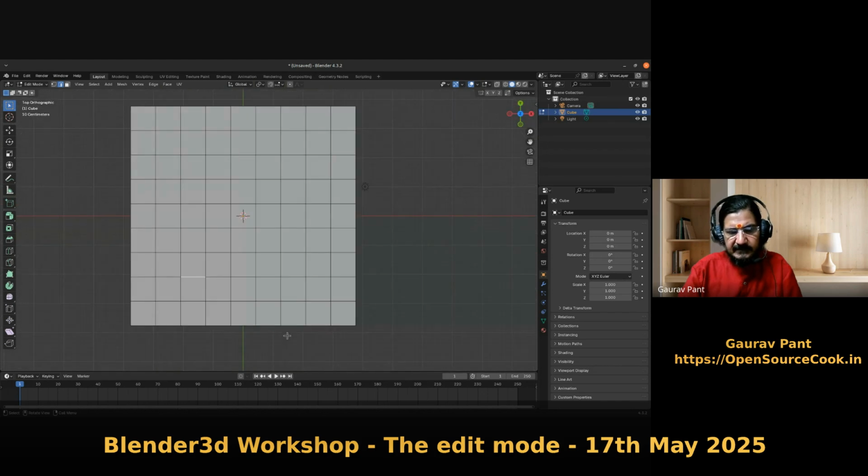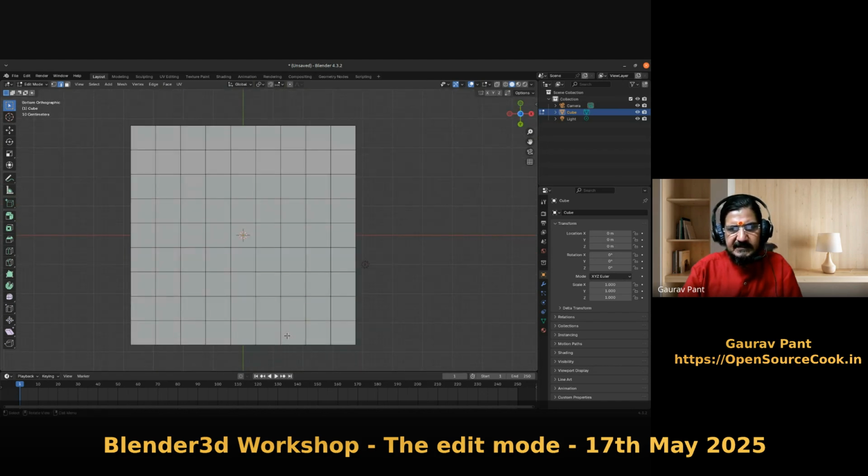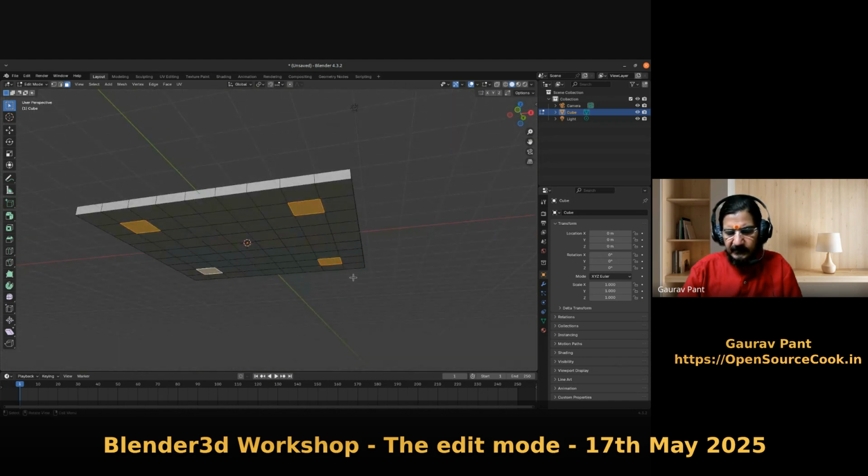So let's go back. This is top view. I will go to the bottom view because the legs are going to be on the bottom side. So to create a table, we need at least 3 legs over there. We'll take a standard table. I will take these 4 sections over here. 4 faces. You can decide which one you want. And now what we are going to do is